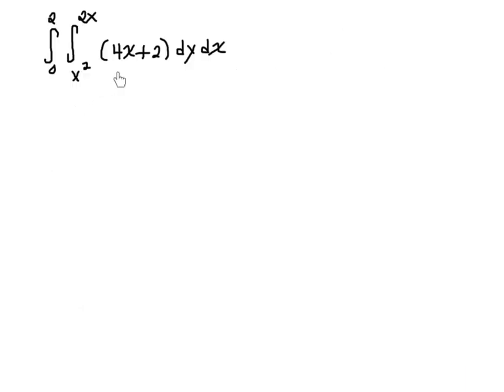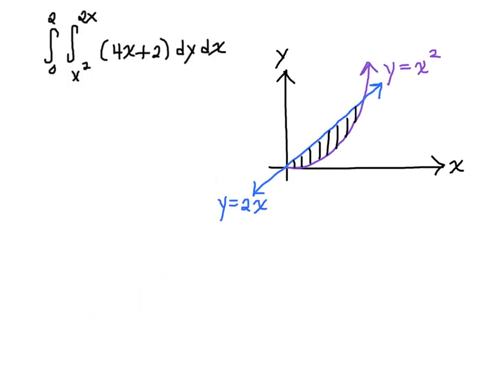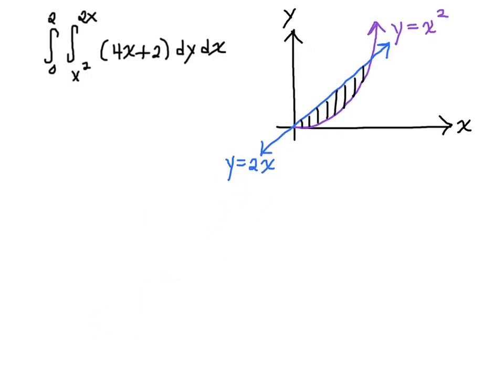Let's try this example. So what we want to do is start by drawing our region. Here we have y is equal to x squared. That is our lower bound. And y equals 2x is our direct variation, which is our upper bound. And it gives us the region right here. So let's move this up to here. And let's look at this